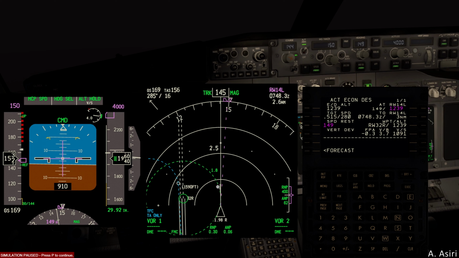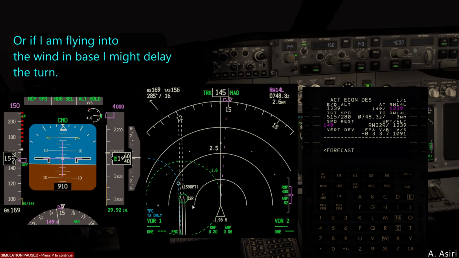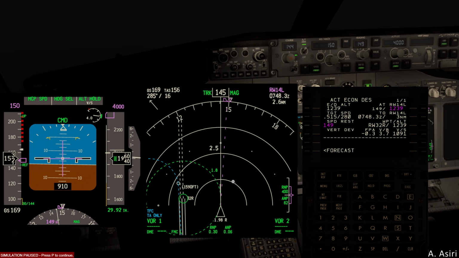Now, because we are very close and we have a wind at our tail in this video, in this specific scenario, we'll do just one continuous turn. So anytime you are very close to the runway and your wind is at your tail, you want to just do one continuous turn from downwind to final. If you were doing a 2.7 and I have more space from the runway, then I might do an initial base turn, and once this one crosses the runway extended center line,